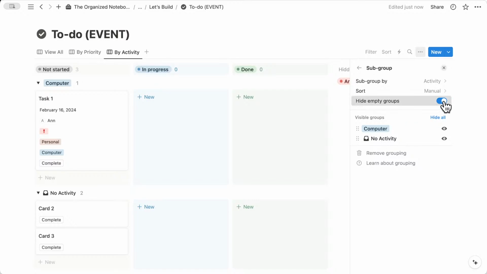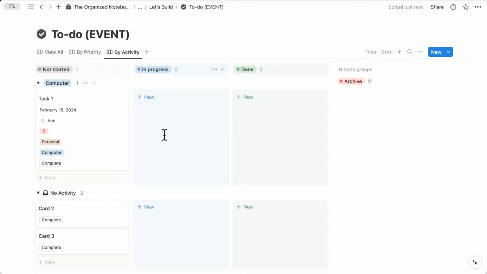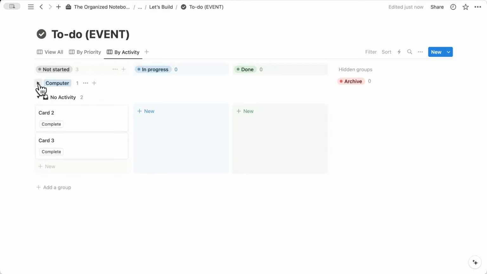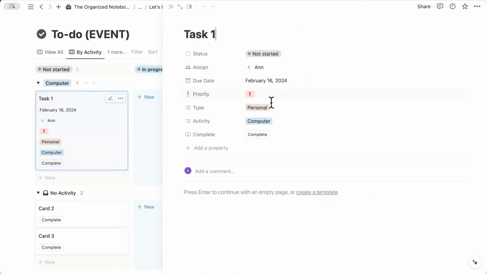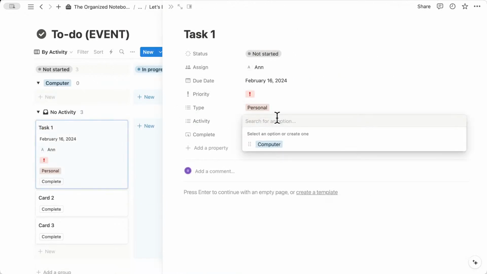And you can either choose to hide empty groups or show them. And for now, we're just going to show everything, but it's very easy to edit this. And the sort here, you can either choose manual, alphabetical, or reverse alphabetical. In this case, maybe manual works better. So now we can go back and we can see that we have 1 computer activity and 2 in no activity. So if we were to add another option here, let's say like shopping,